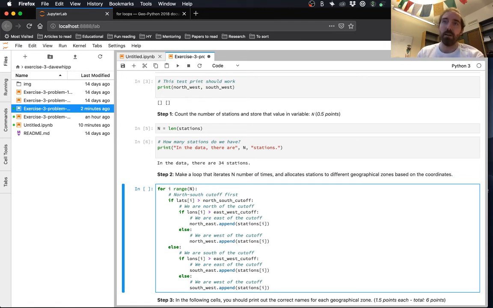This is a basic kind of logic thing, and it's actually a common problem to encounter. These tests of, should I check to see if this is greater than or equal to some value? It's kind of up to you depending on the problem that you're solving. The important thing, I think, for the graders to know, and for you folks doing this exercise, is that you're doing it the right way. The main thing here is to allow you to apply for loops and conditional statements, if, else. And if you did this with greater than or equal to, or just greater than, I don't think it makes any difference as far as I'm concerned.